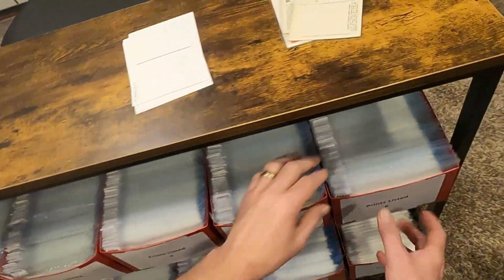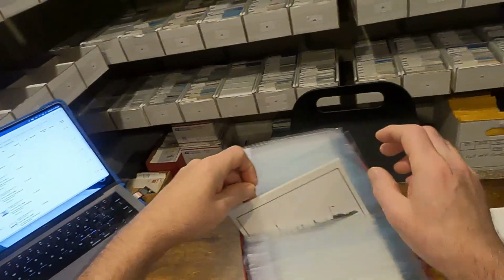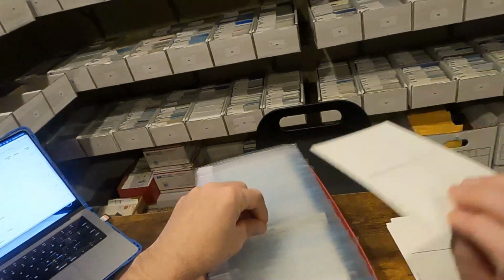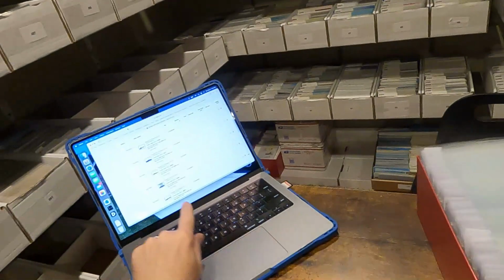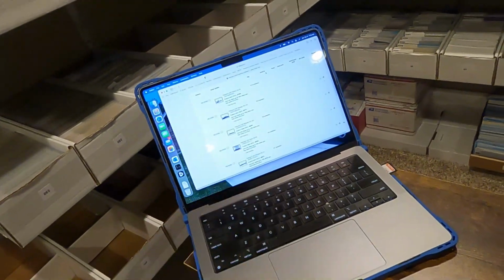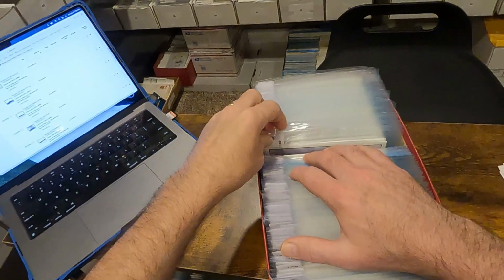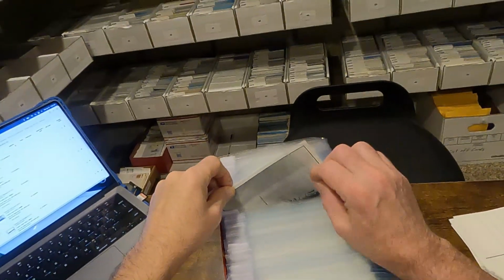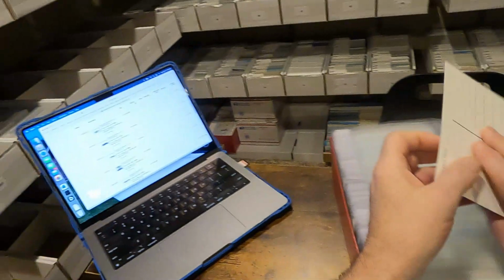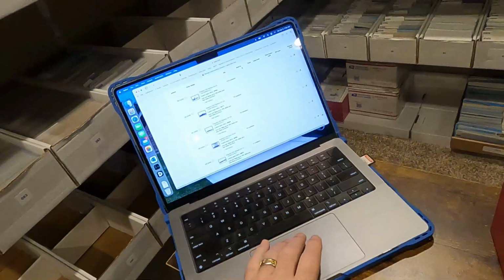48340. It's in the same box. 48340 is right here. And this one is USS Blakely. Before I put that back, let's see if I got another one. 48390. So this is this one, 48390. Right here. Davis. Next one is